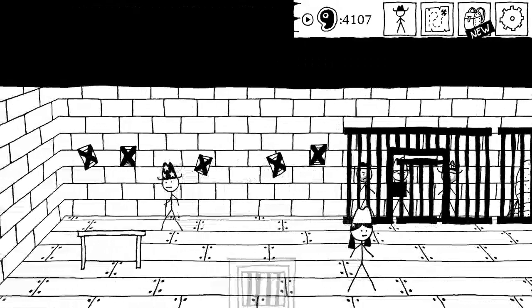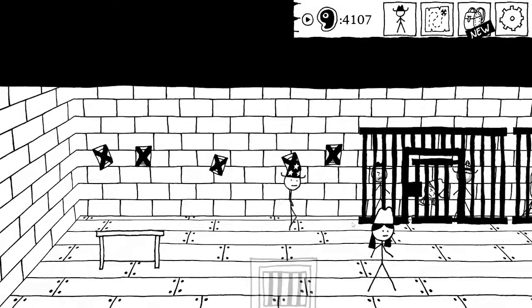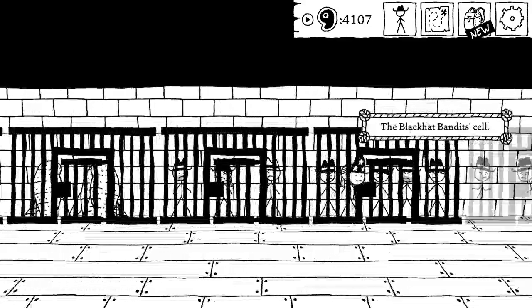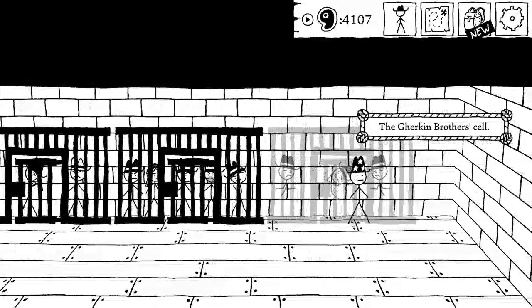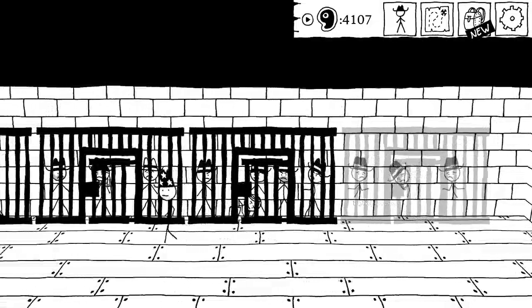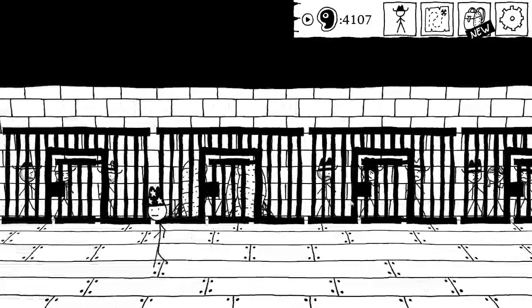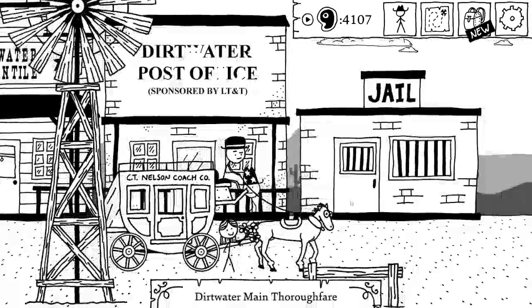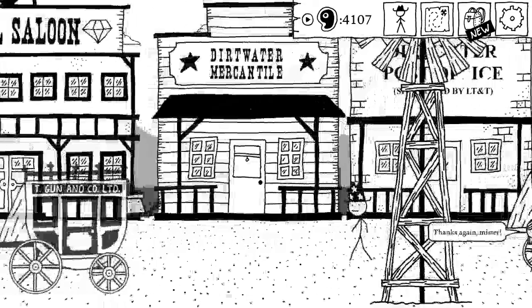Nice. And that is all 5 of the jail cells filled with actual people. Except for the Gherkin brothers. They're ghosts. But none of them are corpses. If I wanted to do an evil run, I could have...